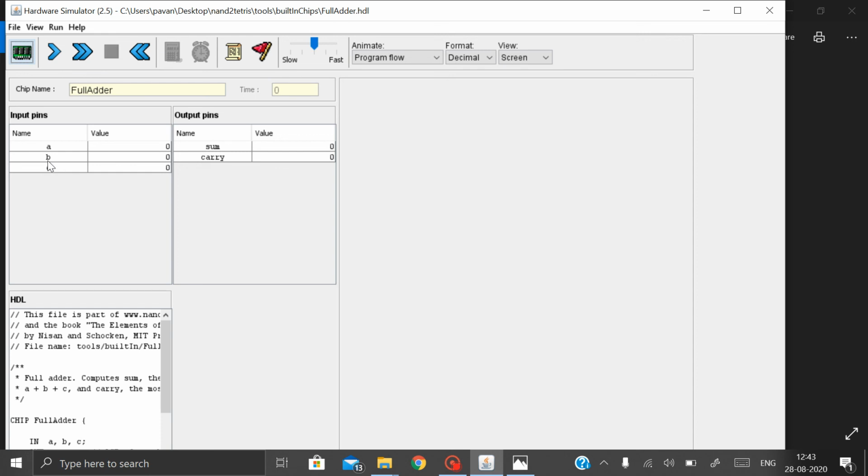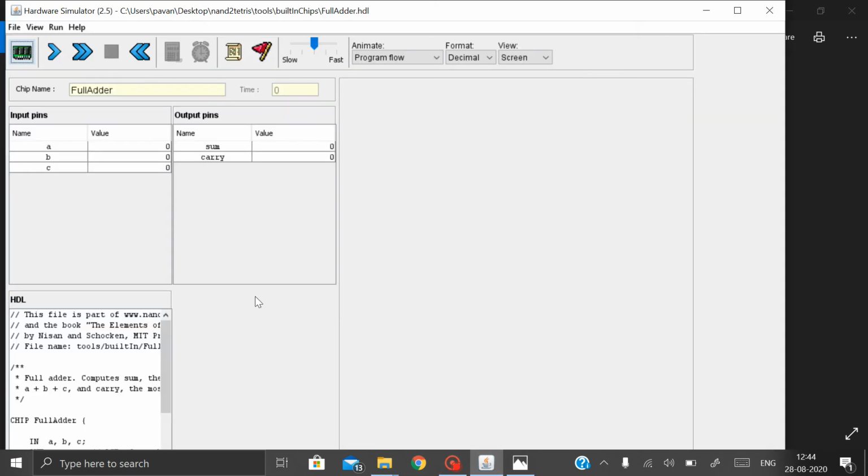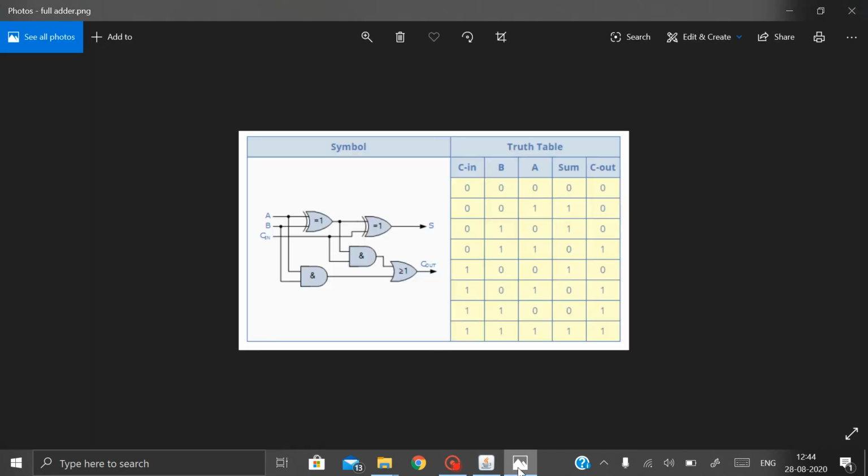Don't take it as C, it is carry input. First two inputs are 1 and 0 and the carry input is 0. A has 1 and the remaining are zeros. You can see here sum 1, carry output 0. The same thing.